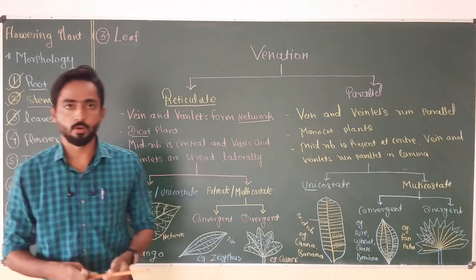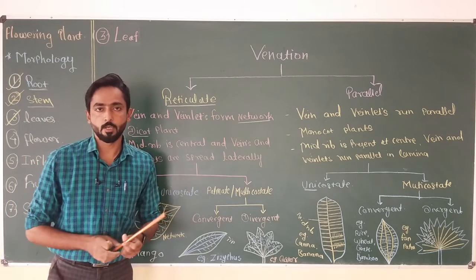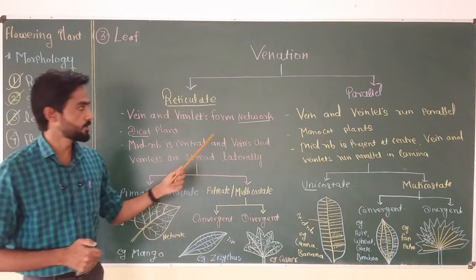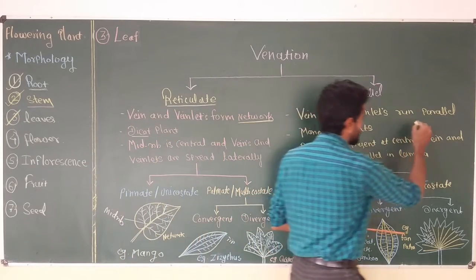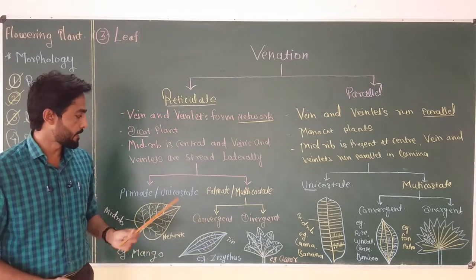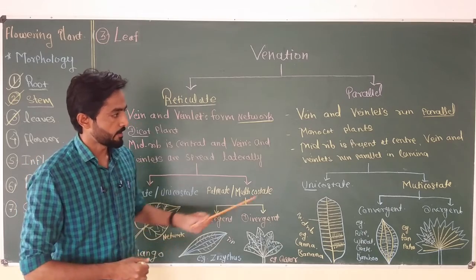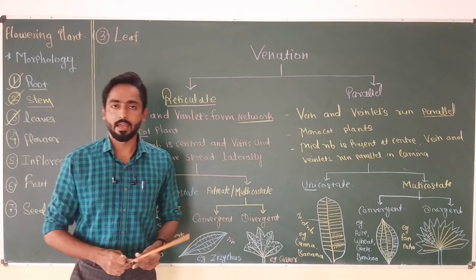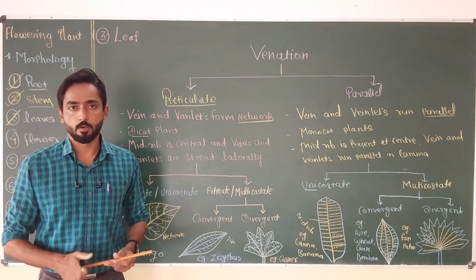So in the last video and in this video we discussed the venation, or the arrangement of veins, in the lamina. There are two different types: reticulate, in which veins form a network in the lamina, and parallel, in which they run parallel to one another. Both types have two subtypes, that is unicostate or pinnate and multicostate or palmate. And multicostate in both cases is divided again into two subtypes, that is convergent and divergent. We have also discussed the example of each of these types of leaf.